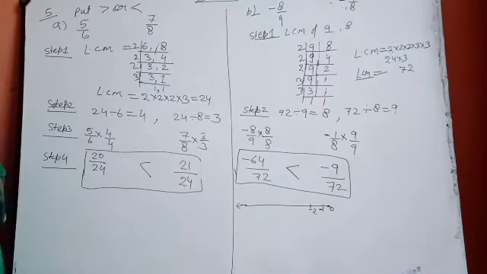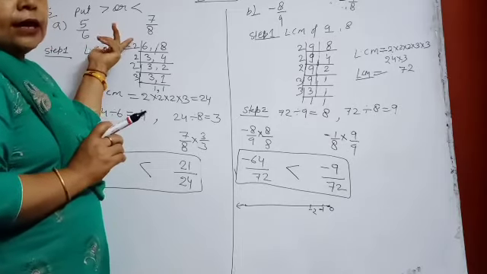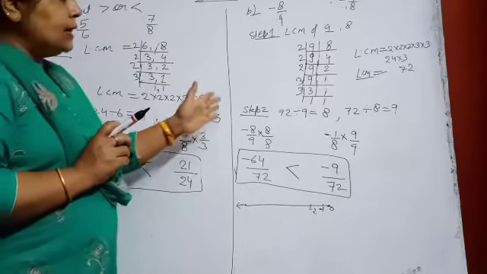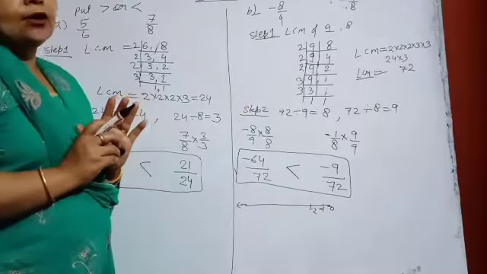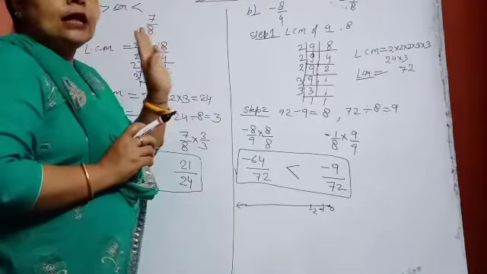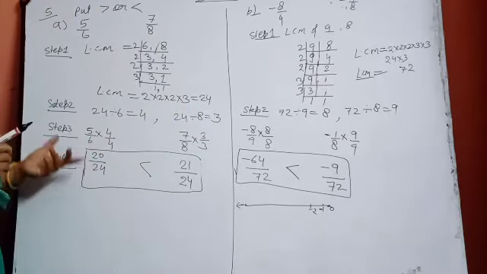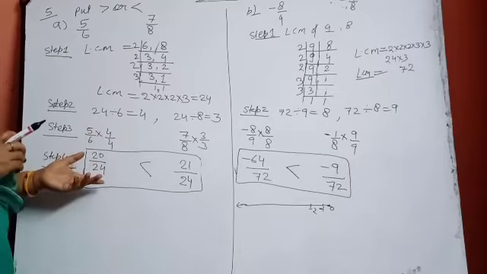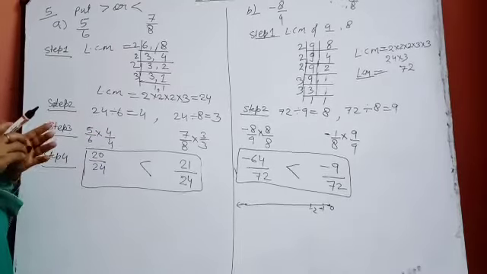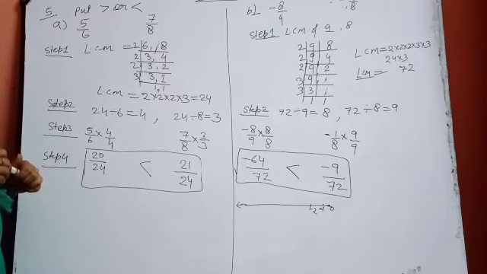Okay, in this way, beta, the rest of the parts of this question you will perform yourself. If the denominators are already equal, then by the plus or negative value you will directly do the comparison. If the denominators are not equal, then you have to take the LCM, and by taking the LCM, finally when the denominators become equal, then with the help of the numerators you will decide which one is greater and which one is smaller.